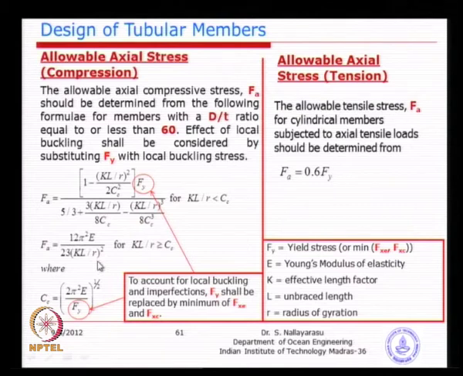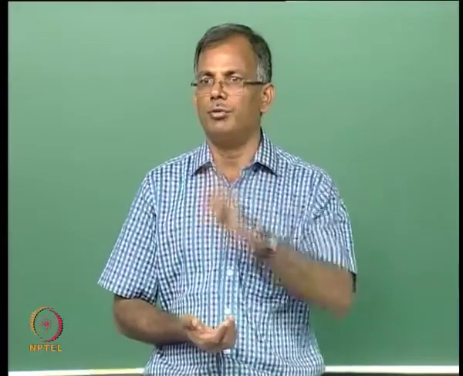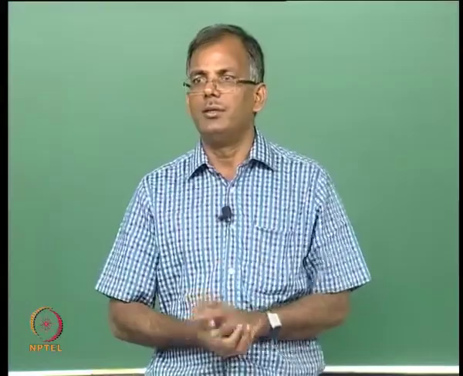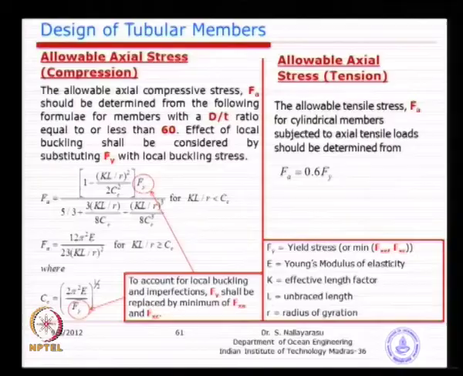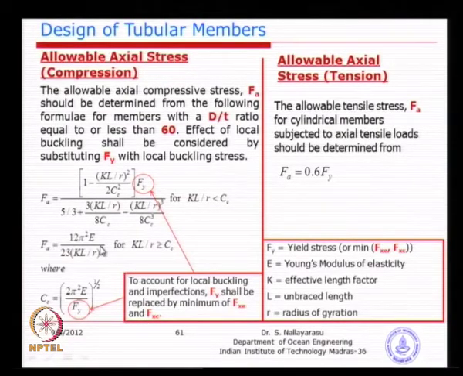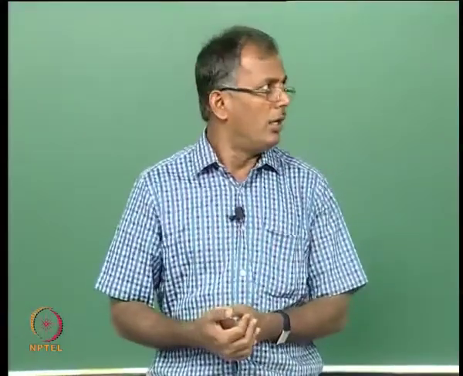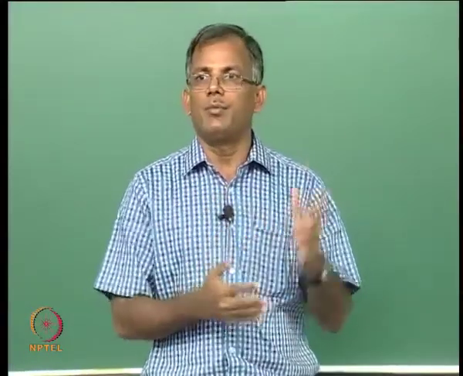Note down here, this is very similar to our Euler buckling load. Euler buckling load for a simply supported beam is pi squared EI by L squared. That is exactly the same, except that you have a factor of 12 by 23, which is nothing but a factor of safety of approximately 2, is it not? That is exactly what we are trying to do here. This Euler buckling stress divided by a factor of 2 is given as your allowable stress as long as buckling governs the design. It is not just coming from nowhere, it is coming from our mechanics.